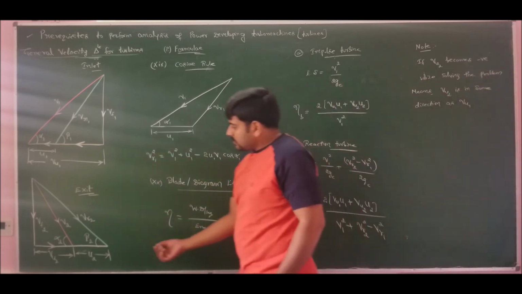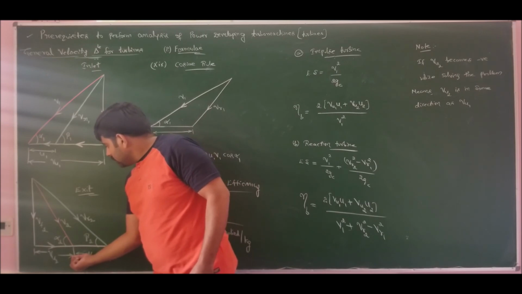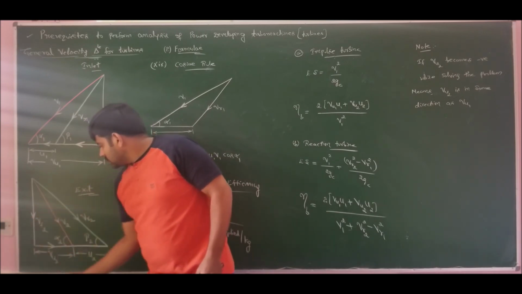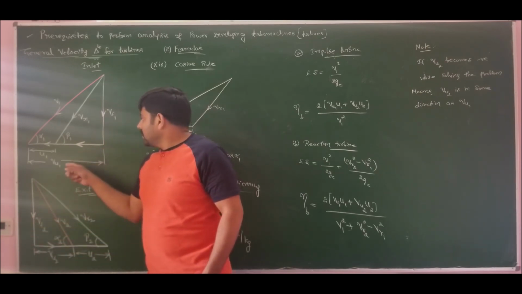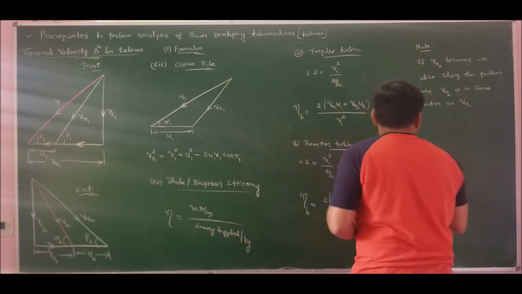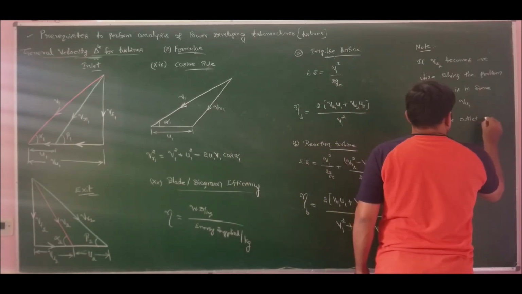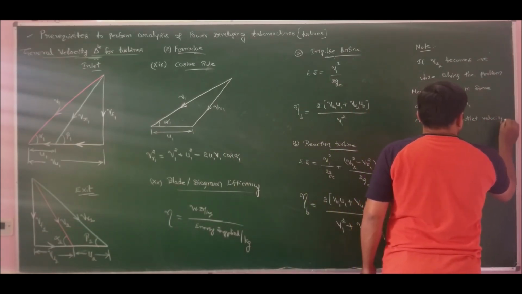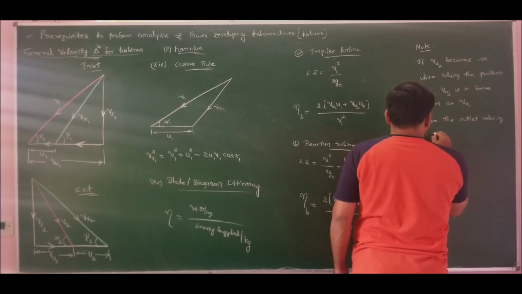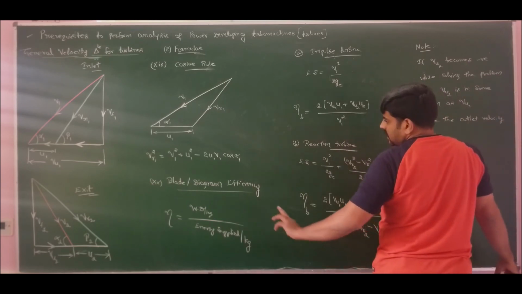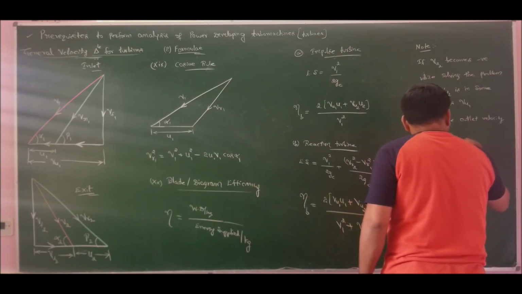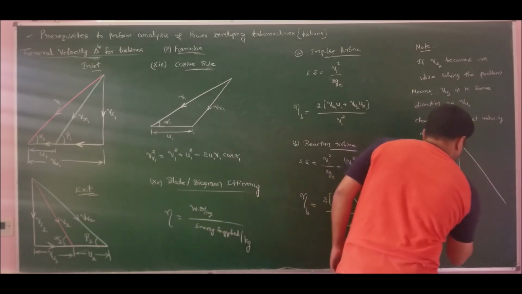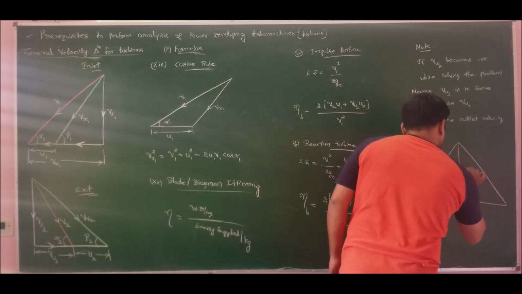If you observe, pull this V2 to the left side so that VU2 will become moving from right to left, which is the same direction as VU1. So change the velocity triangle as outlet velocity triangle, changing the direction of VU2, in the sense I should change V2, so I will get it like this, the outlet velocity triangle for the case where you will get VU2 as negative.